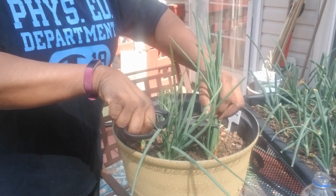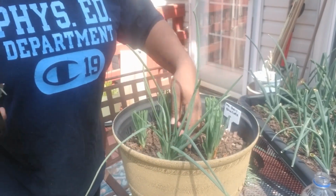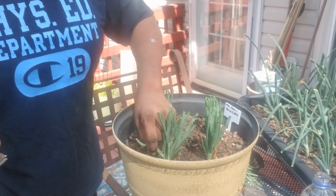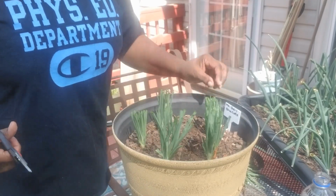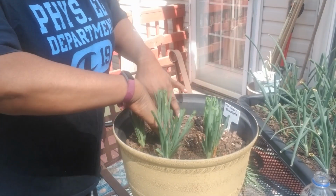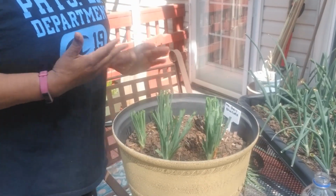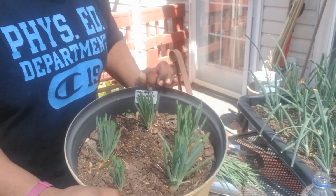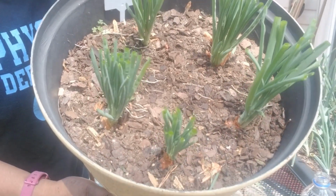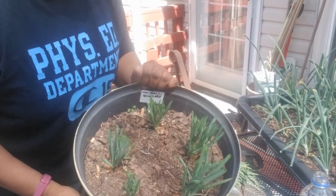So let's give them a nice little haircut. Not too low, but everybody needs a good haircut every once in a while. So we gotta trim those. All right, Miss Gail, I'm doing my best to keep these things going, keep them nice and healthy. So there's the ones that Miss Gail sent me. Beautiful, huh? Gorgeous. All right, guys, I'm going to water these in, and I am going to be bringing you another